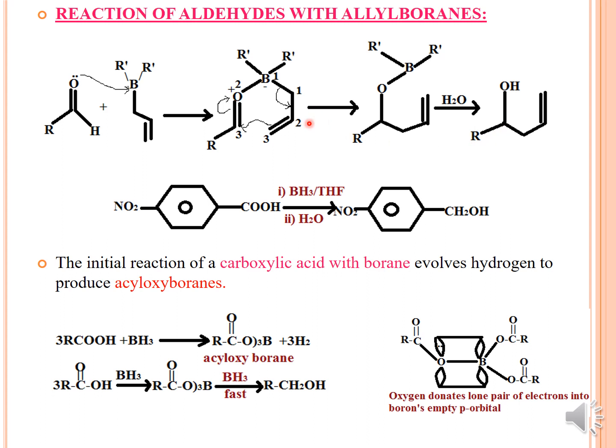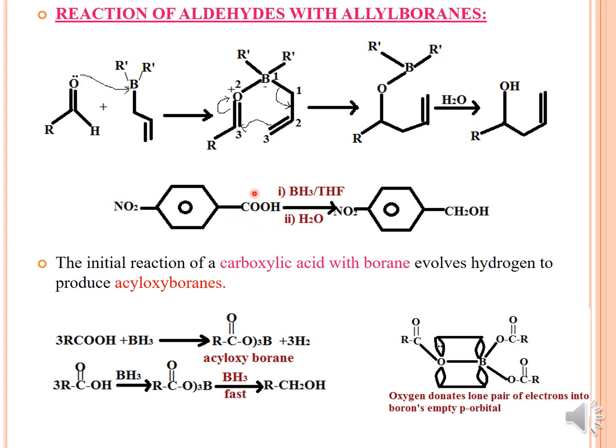If we take the second example, where I am showing you substituents attached, such as a carboxylic acid and a nitro substituent, we have said earlier that nitro compounds will not be reduced. So here the nitro compounds are not getting reduced. Remember, please don't do the reduction of NO2 to NH2. If NO2 is there in the presence of SnCl2, then only the NH2 group will be formed, but not in the case of boranes.